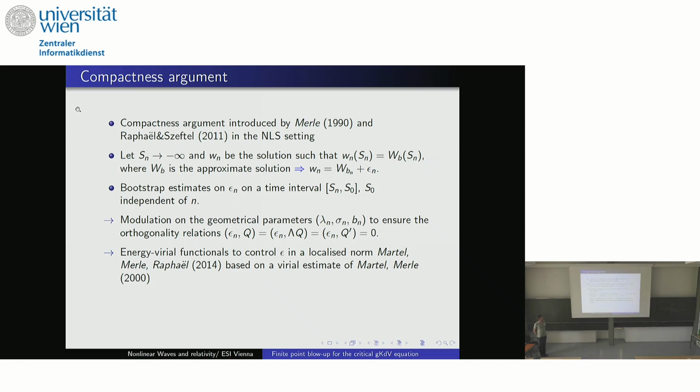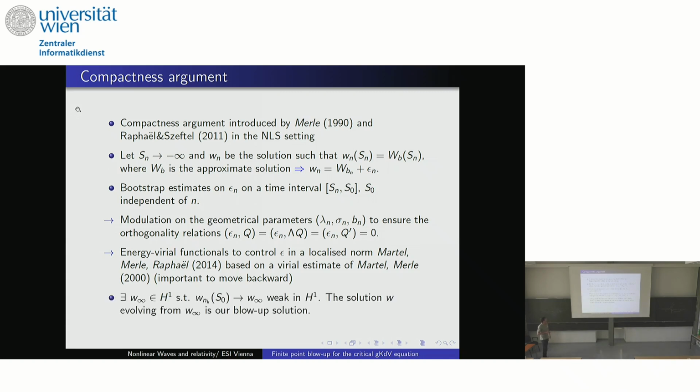Okay, so these are the two main tools, but there is something very important here. All this works because we are moving backwards. Because at some point there is a term which has a very bad sign, and this is a term in the estimate which is related to the blow-up. Okay, so you remember our scaling operator. A term relating to this one has a very bad sign, and it's very difficult to control. But when you're coming backwards, so the wave is defocusing, this has a good sign. So you don't need to control it. And well, I think this is somewhat important.